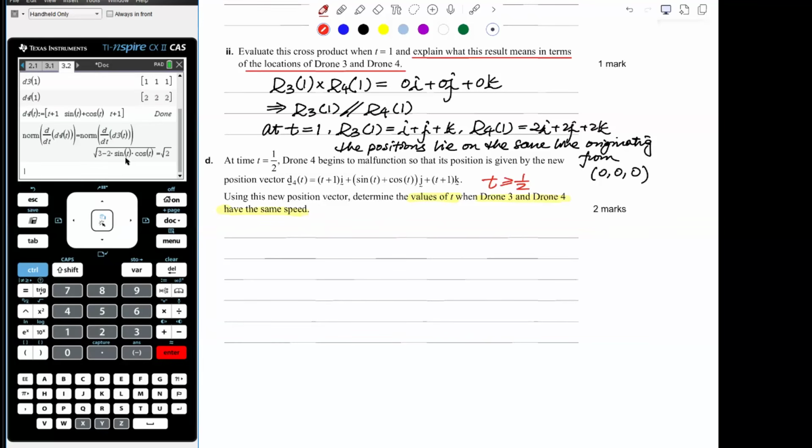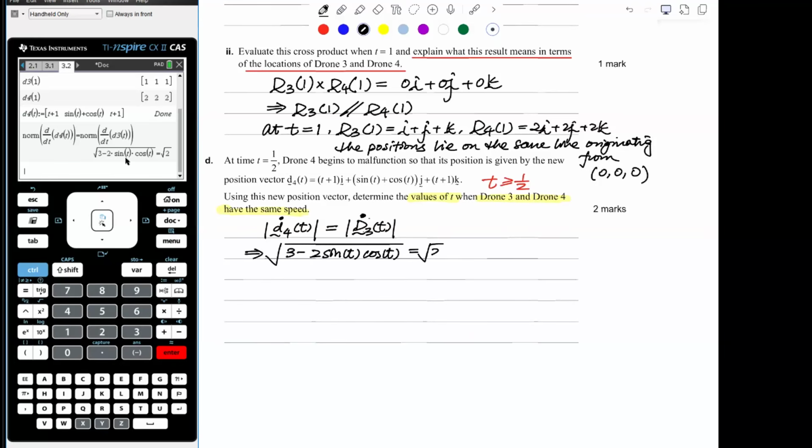So you get an equation like that. I'll use capital D instead: D4'(t) equals D3'(t). So that actually gives you the square root of 3 minus 2 sine t cos t equals the square root of